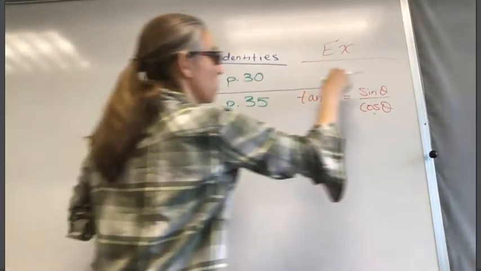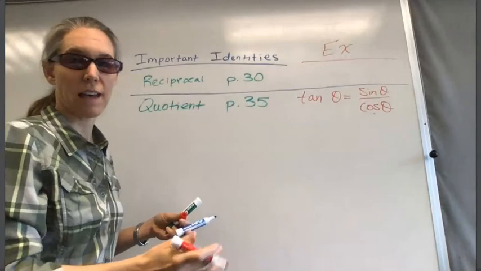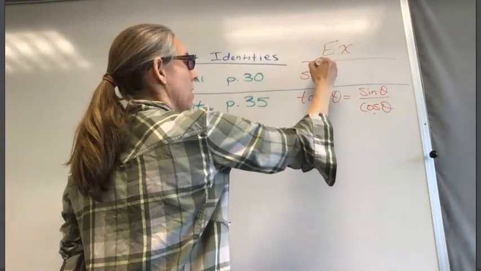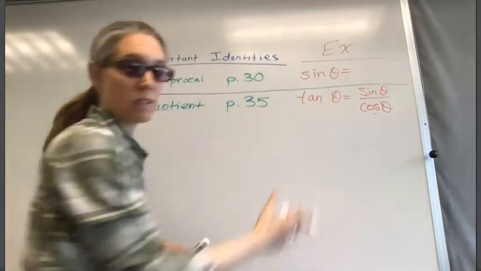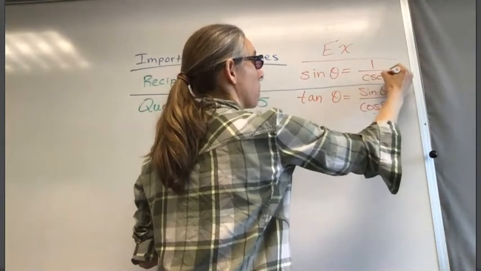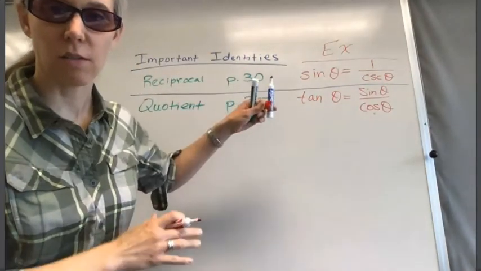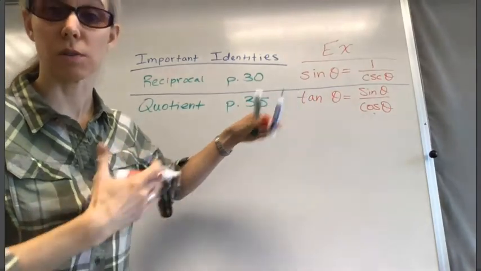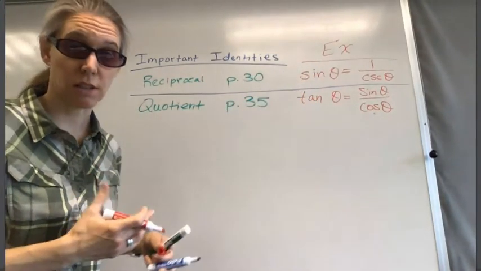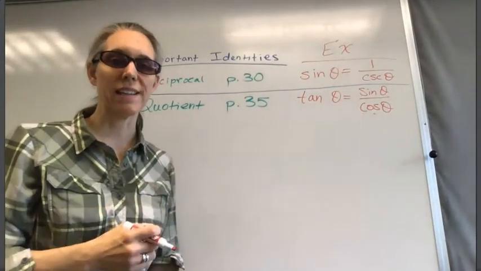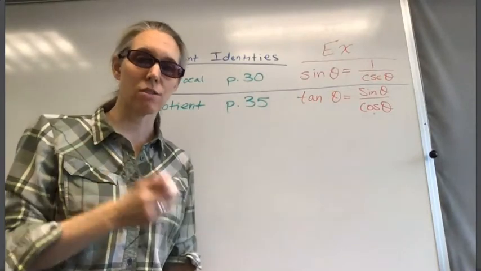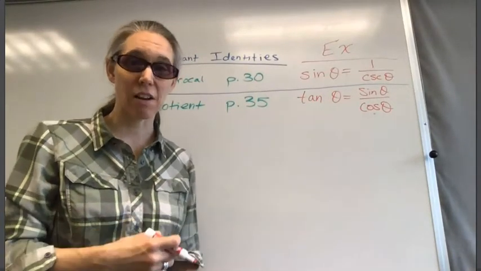So for reciprocal, we learned that sine and cosecant are reciprocals. So you could either write this as cosecant is equal to 1 over sine, or sine is equal to 1 over cosecant. Notice that when you write sine, cosine, tangent, you always write the trig functions with an angle attached